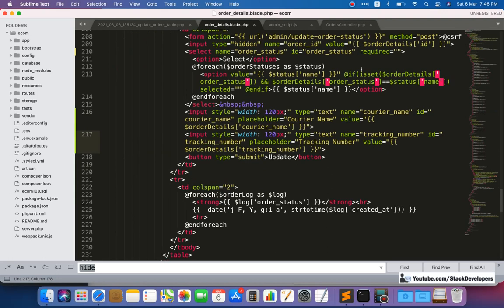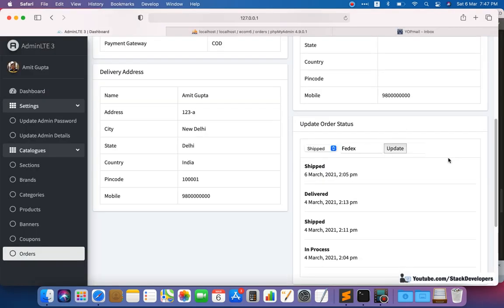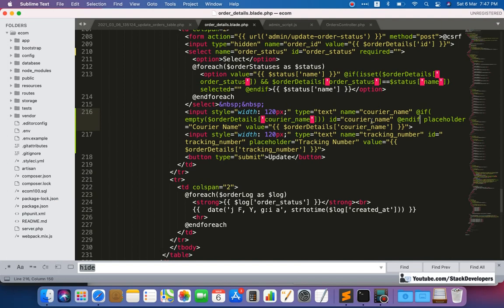we may not give the IDs. We can do one thing here, like if, at the rate of, if it's empty, this one. I am just trying, let's see whether it will work. And now if we refresh, you can see the FedEx there because FedEx is already there. Now even if you select any other status, it's not going to affect anything. Okay, you can check, it will not affect anything.